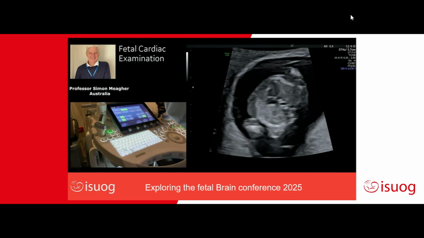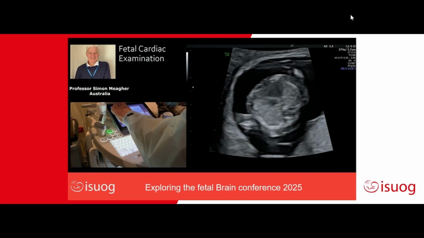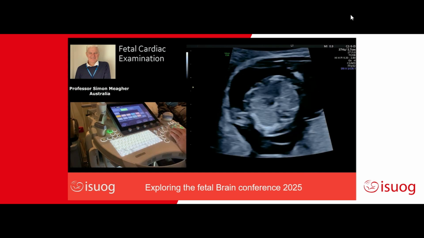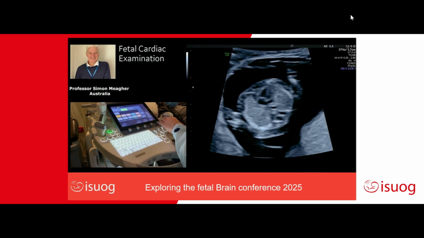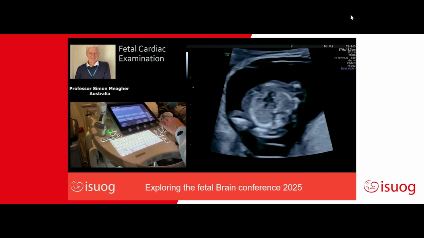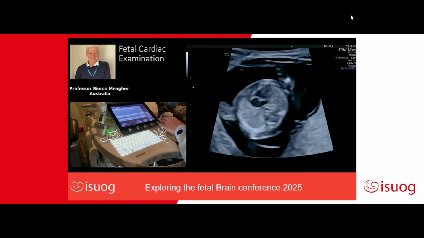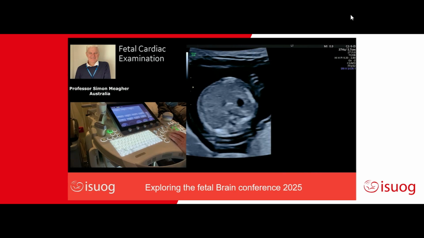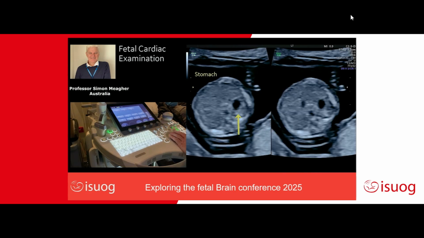So then I magnify that up. And on the grey maps, I select quite a contrasty map, and then I like to have ICE for examining the heart. I then come back to the main, and then I come back up to the 4 chambers. I split my image showing the stomach, which I've already established is on the left side of my sweep,